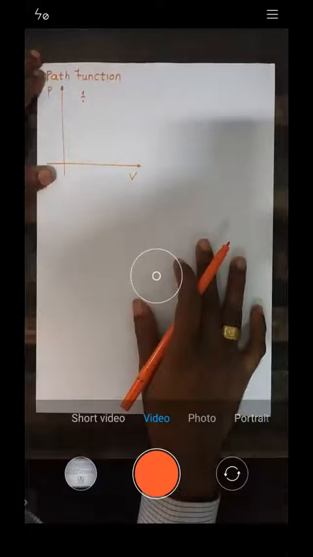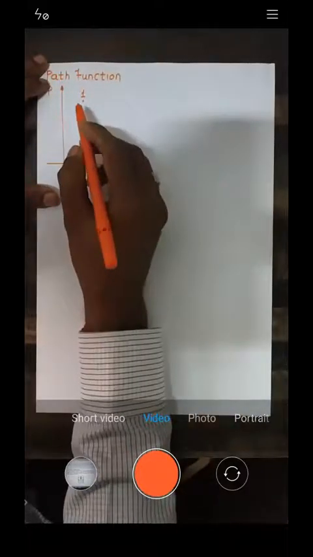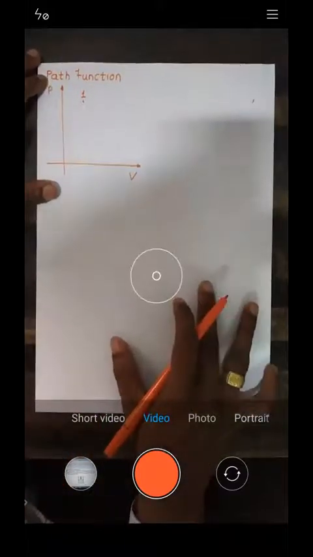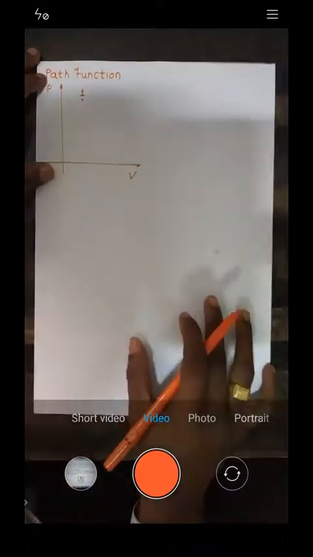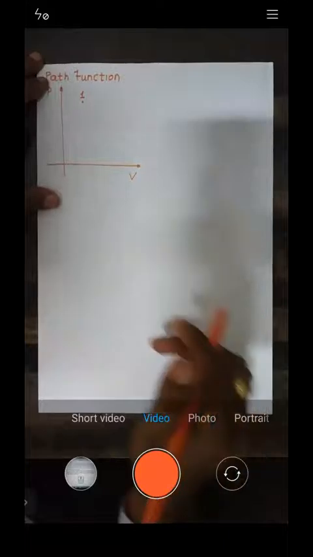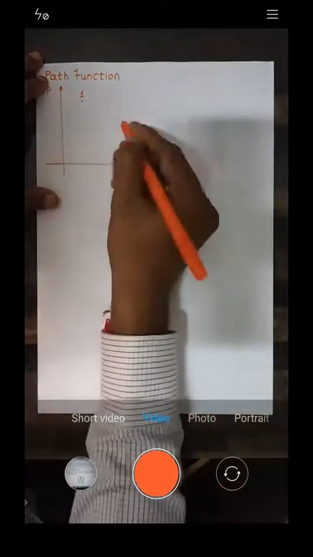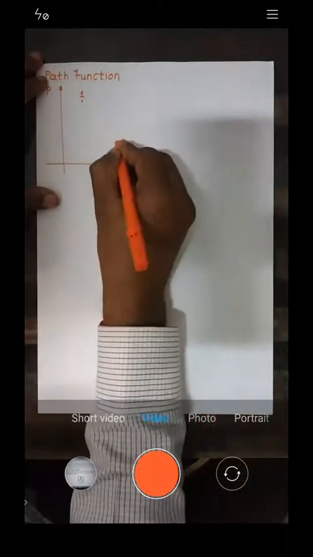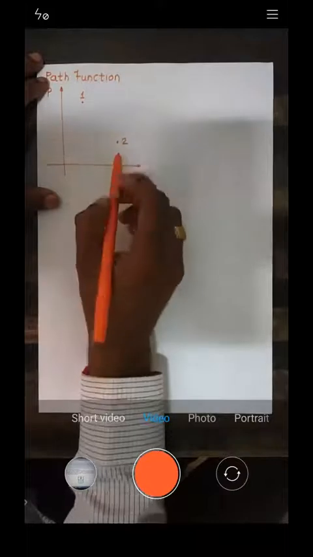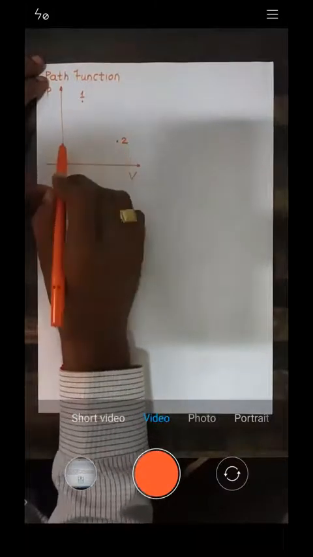So if the pressure and volume at point number 1 are known, then only you can plot point number 1, and that is basically called a state. Now let's say I need to move from point number 1 to point number 2. Usually 2 is a state where the pressure is P2 and the volume is V2.